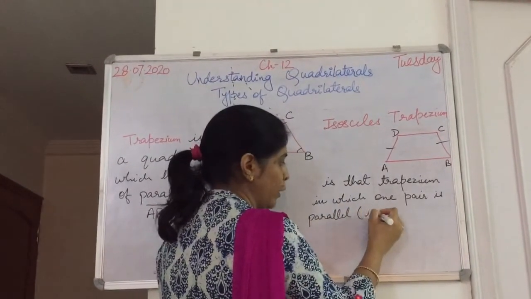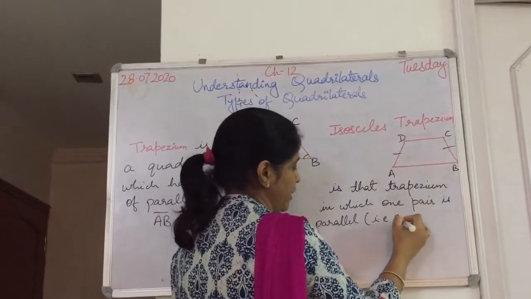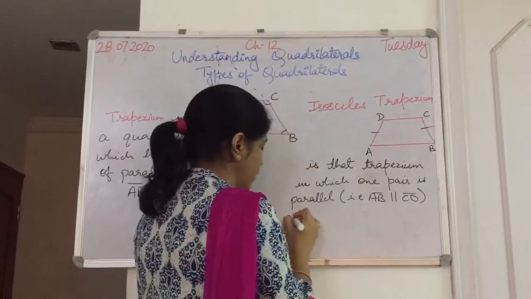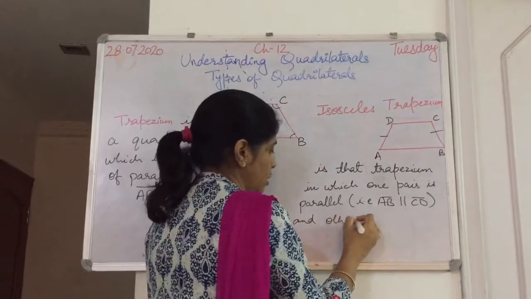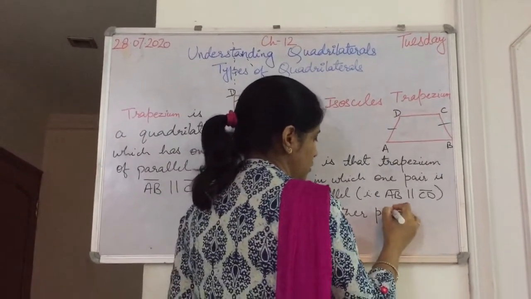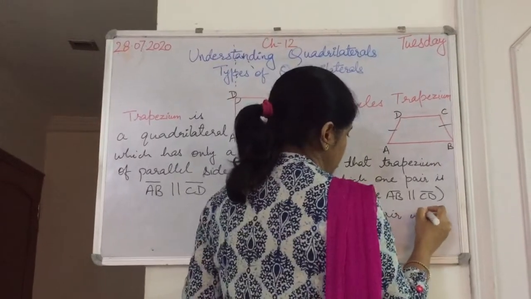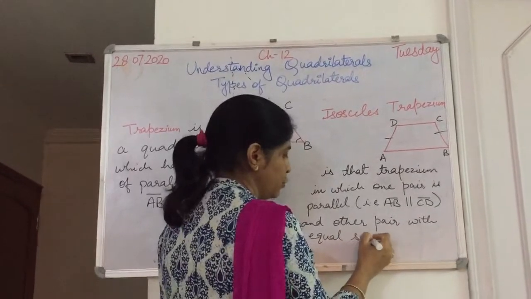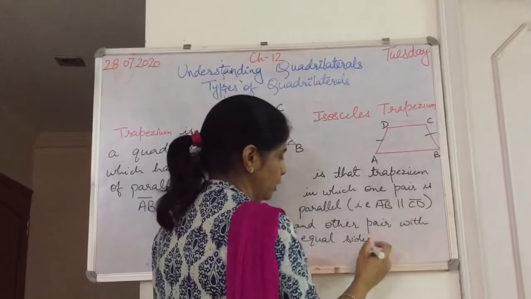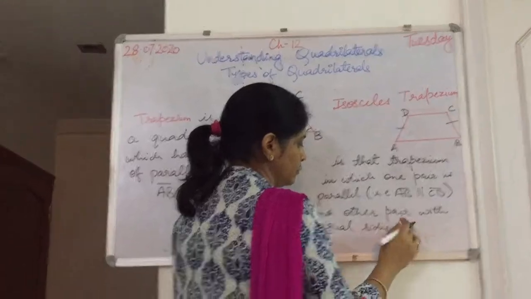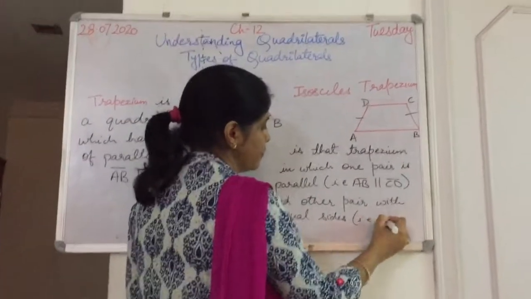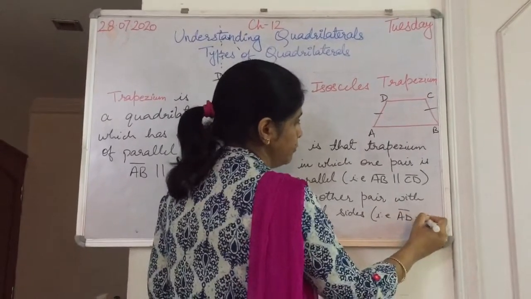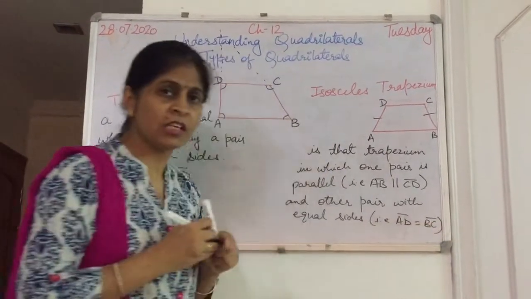I am writing in brackets why: because we are considering this diagram, AB is parallel to DC, and the other pair has equal sides. You can see that these two sides are equal, that is, AD is equal to BC. Clear about this? Students,